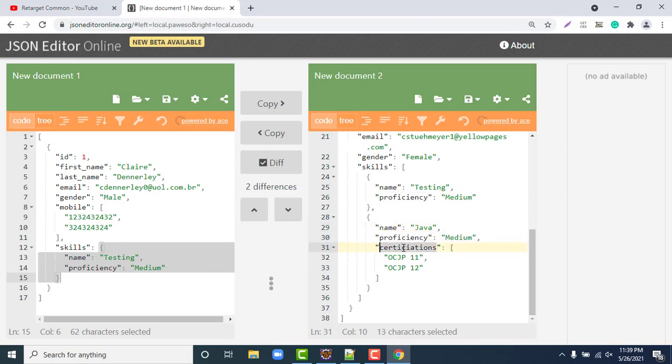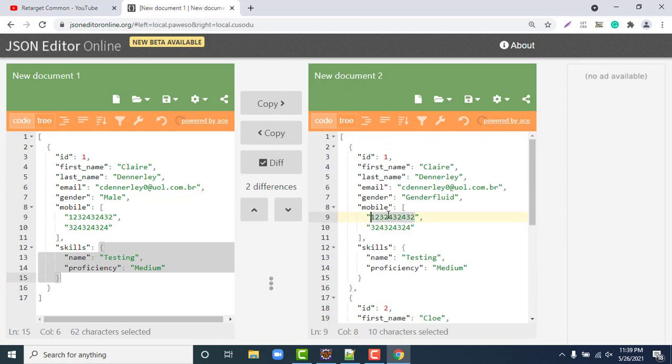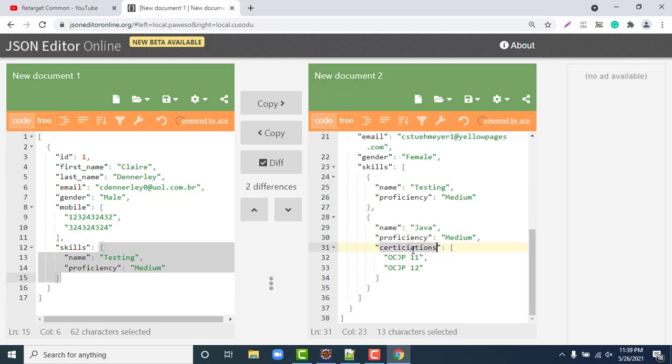Now this is certification. It holds one array of strings. Is it similar to this? Suppose this is an integer, or suppose it's long. Okay, so we need to create a list of long. Here same thing, we have certifications as well, right?